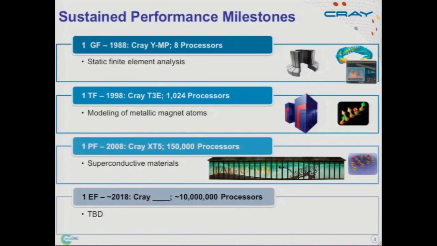So this is a slide that the Cray marketing department put together in about 2008 or 2009. The brag here on the part of Cray was that for sustained performance on a real application, not just on a benchmark or a stunt, the milestones, the first sustained gigaflop, teraflop, petaflop, were all achieved on Crays. You can see here what the machine name was, how many processors were used, and what the application type was. You guys are looking forward to exascale computing, and so are we as a community and a company. And so the claim was, well, we want to be the first company to get to an exaflop as well.